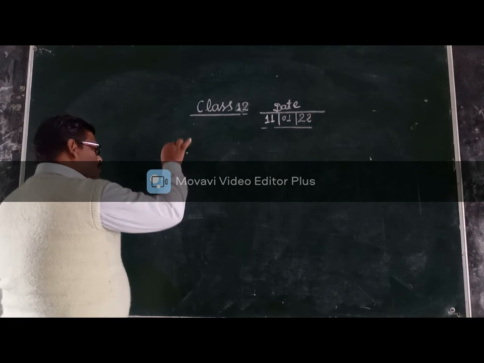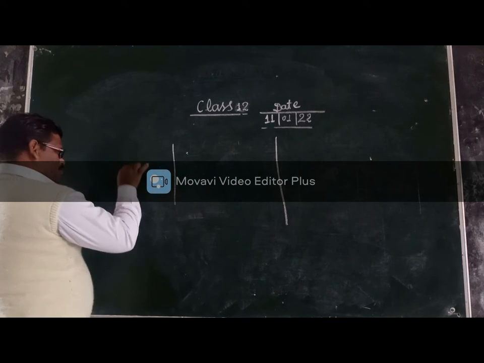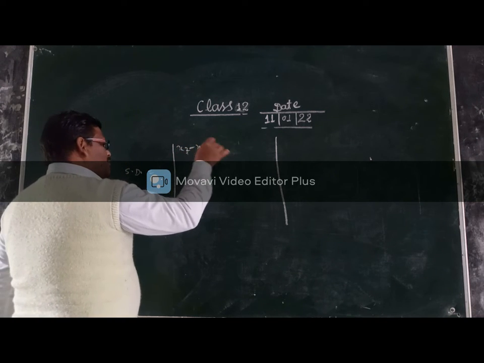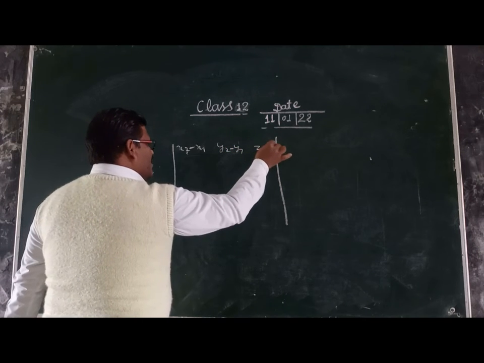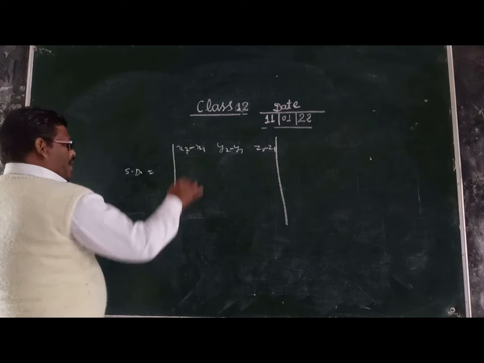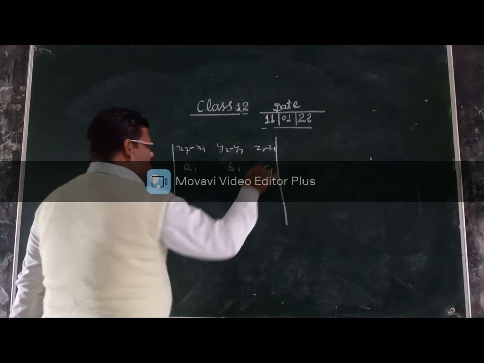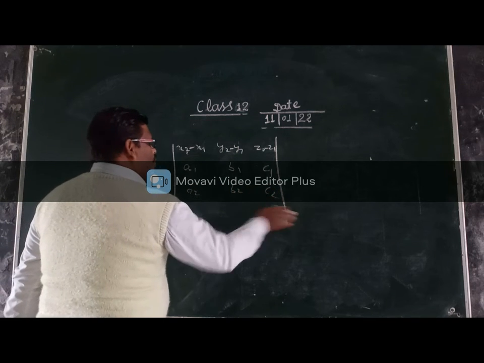That is, SD is equal to the determinant of x2 minus x1, y2 minus y1, z2 minus z1, and according to the first equation a1, b1, c1, by the second equation a2, b2, c2, whole by